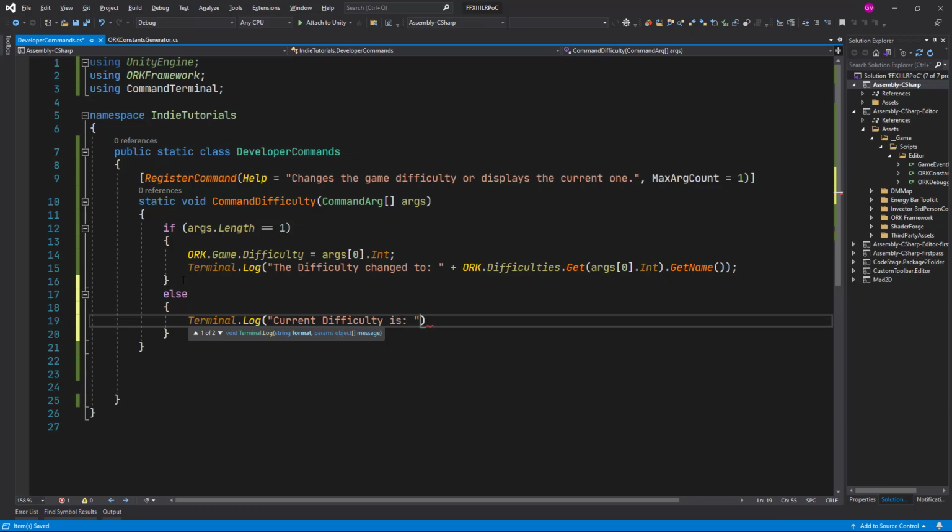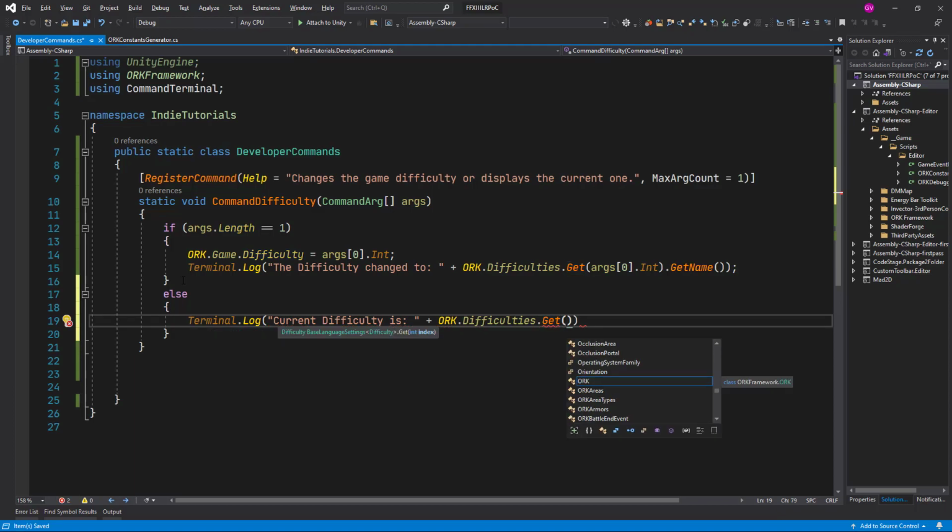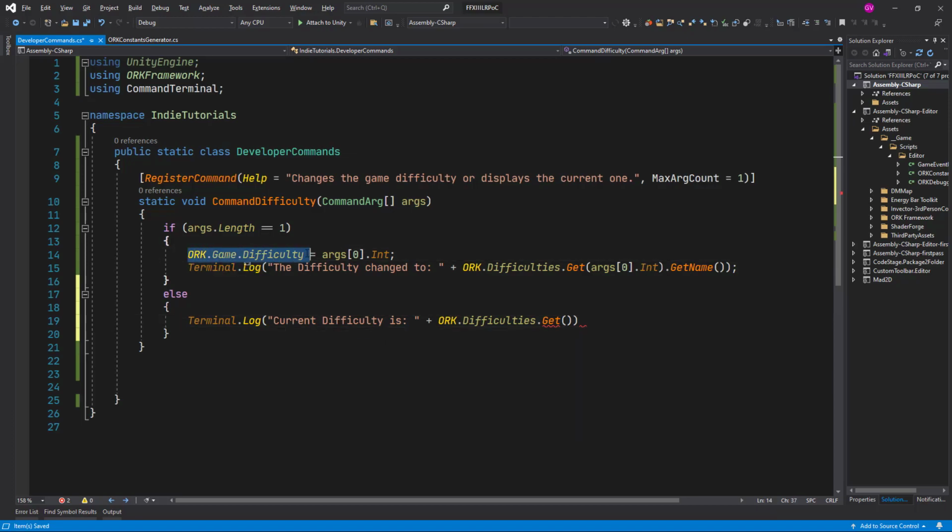Is plus, and here we call ORK difficulties. We get the whole list, and then we pass the current difficulty. So we can say, for example, copy this one, ORK game difficulty is going to return an integer, get name. Okay,